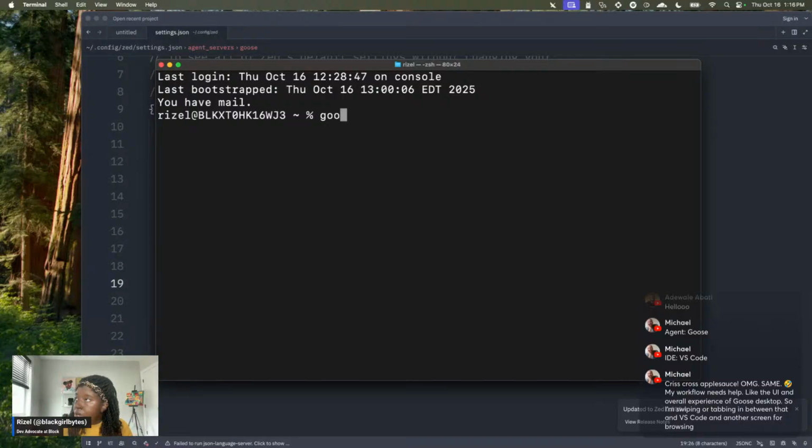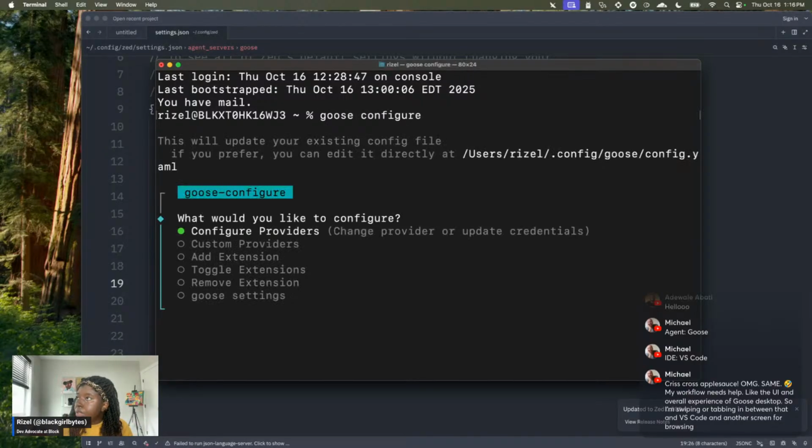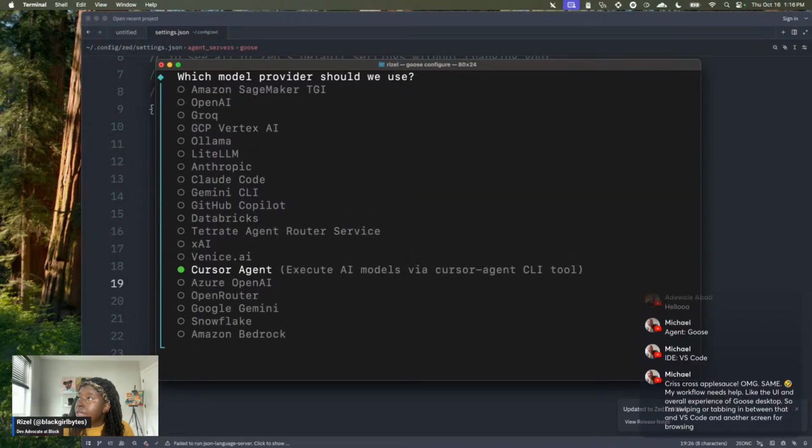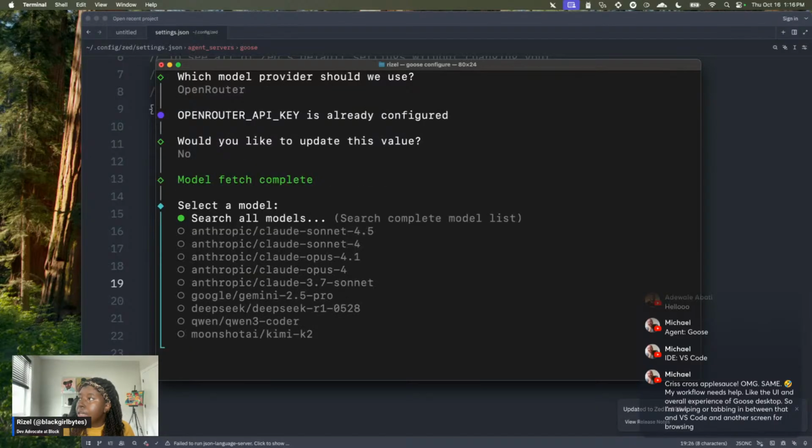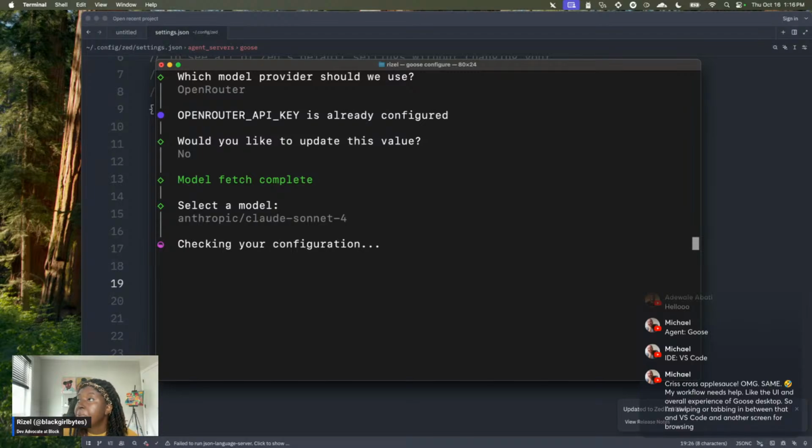So I'm going to say goose configure, and I will say I want to configure my provider. I will say I want, where's OpenRouter at? Here you are. OpenRouter, I already have an API key. I should go to Claude Sonnet 4.5, but I really still like Claude Sonnet 4 right now. So I'm just going to go there. So I'm going to pick that, and then I should be able to run,